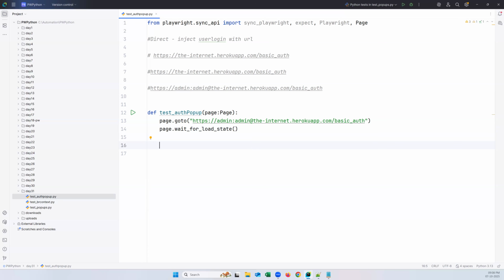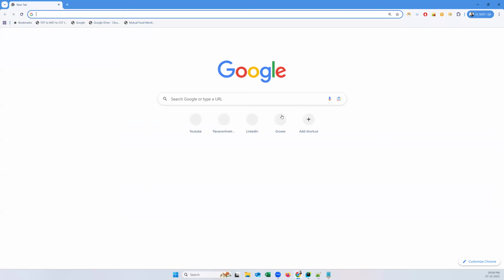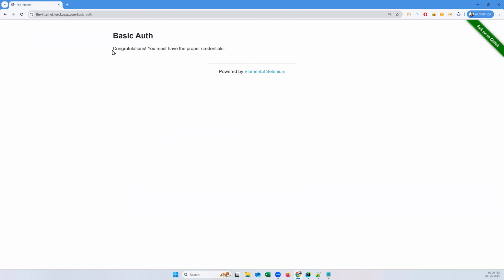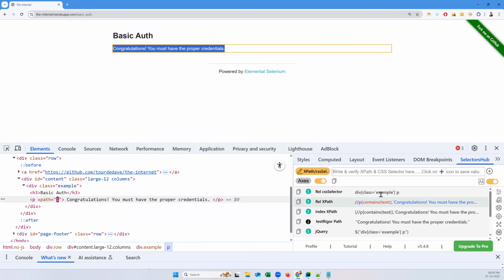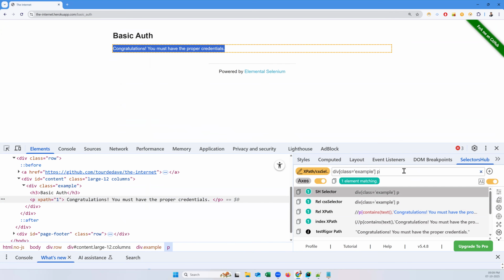Then I will do some validation here. After opening this with the username and password along with the URL, I just want to verify that the message contains congratulations. So get the locator of this element. Let us say this is the actual locator, which contains this one. Or else you can use text. In CSS, we also have something called text. I can use it like this: text equal to